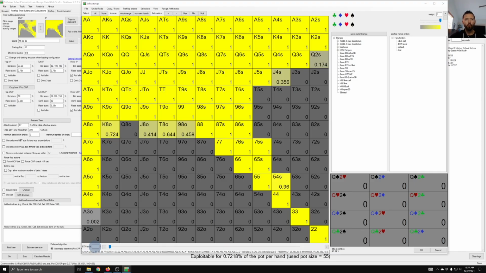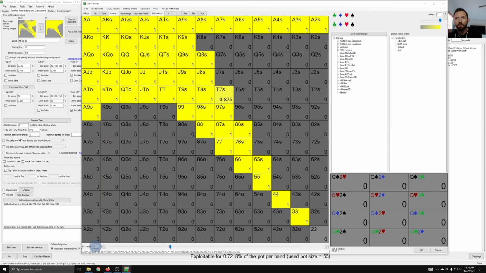Now this is a cool way, I think, of entering a range if you don't necessarily have a good sense of overall ranges and you want to just start with an overall estimate. So you might say that an opponent has maybe a quarter of his or her hands. If I know that's the case, I don't necessarily know what range to enter, I can just enter within this text box 25%,